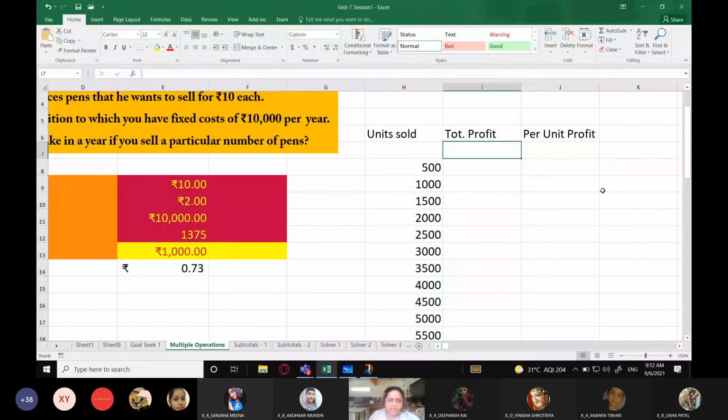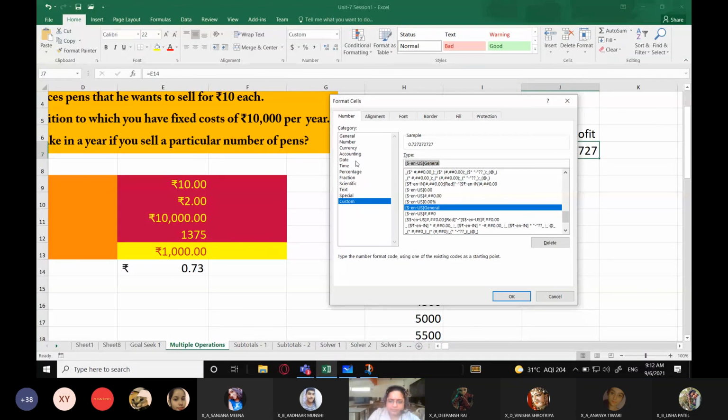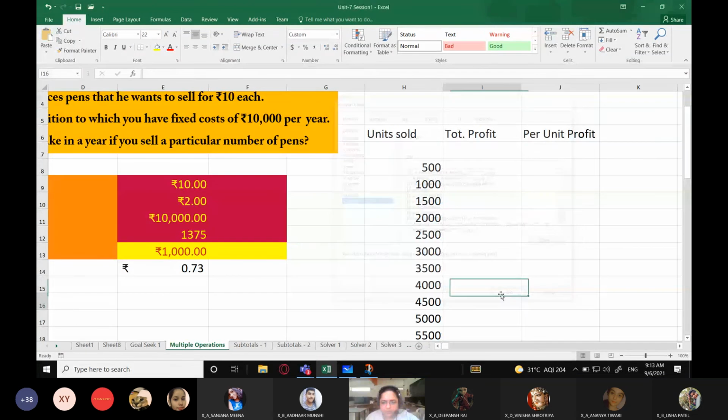So now, just like I had pasted the formula, I had just included the cell reference of the cell which contains the formula for profit. Same way, I am going to copy the cell address of the cell which contains formula for per unit profit. So for total profit, I'll write equals, and then this cell E13 which contains the formula for calculation of total profit, and this one is equals per unit profit. Now because it is being displayed, again I'll select that, go to number, custom, and here I will type triple semicolon, click on OK,